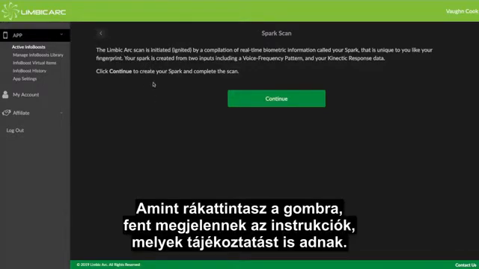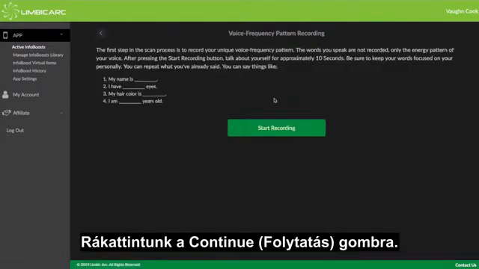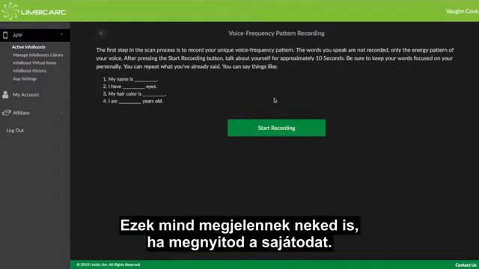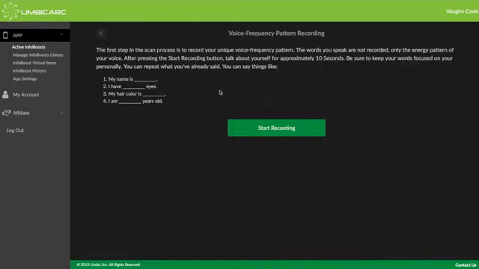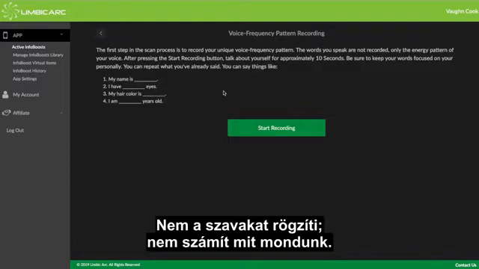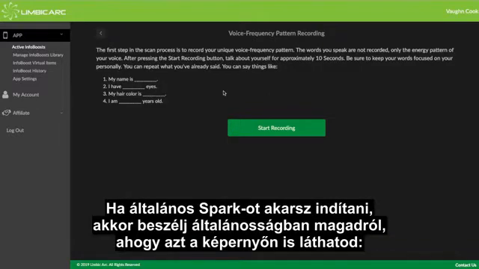Once you click on the button, there's some instructions up here. It gives you a little bit of information about it. We will continue. You can read all that when you open up yours. And it says now we're going to take a voice frequency pattern, and we're not going to record the words you say. It doesn't matter what you say. But if it's just a general